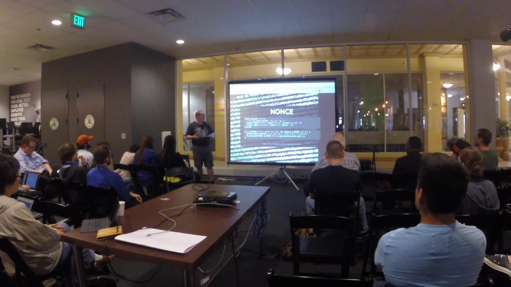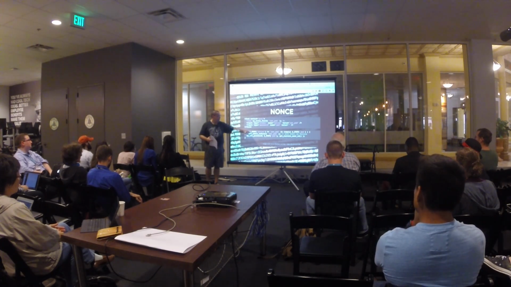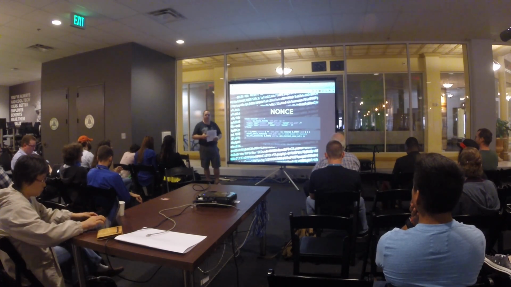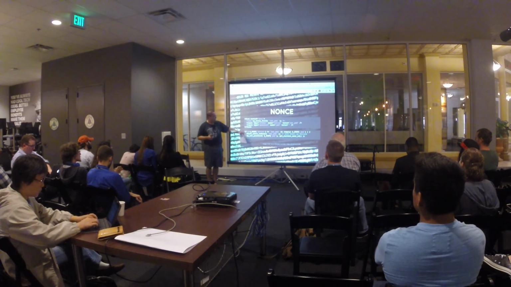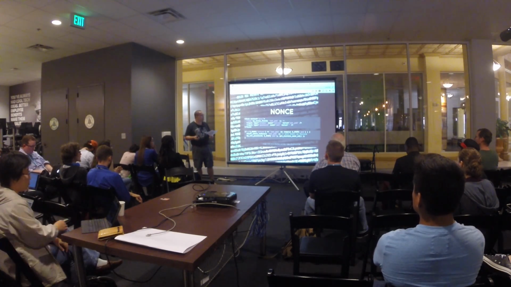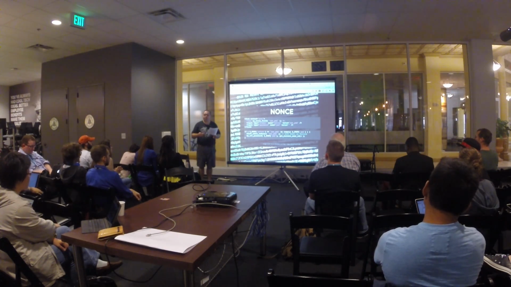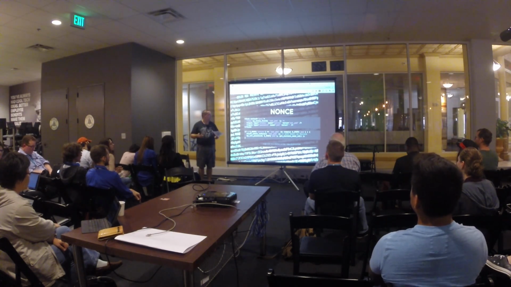And so now, when we're handling this, again, notice we're using POST instead of GET to check for our values. And we're using this function check_admin_referer. This is going to check that a valid nonce was submitted, and being check_admin_referer, it's also checking to make sure that it came from another admin page on your site. And so that nonce is going to verify that you in fact submitted the form and that this is a valid submission. Nobody tricked you into doing it with a hidden URL or something like that.